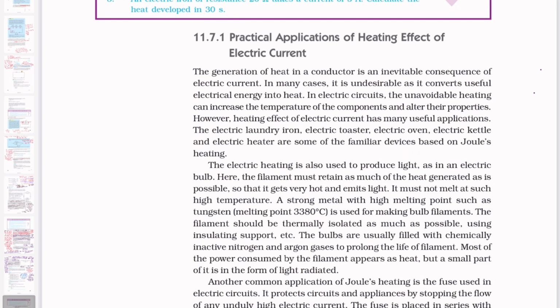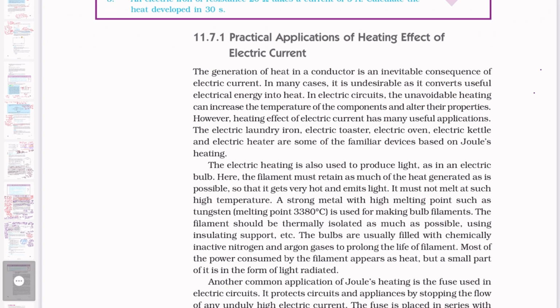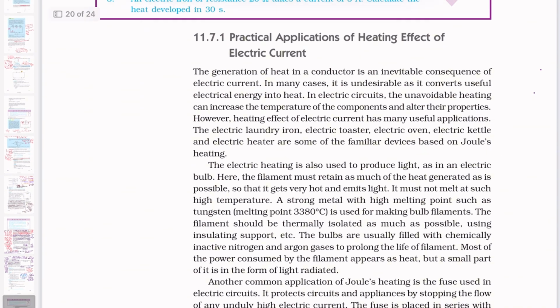Hello children, today we'll talk about the practical applications of the heating effect of electric current. We know that the heat generated because of the electric current or electric circuit is used in two ways. So the one way is